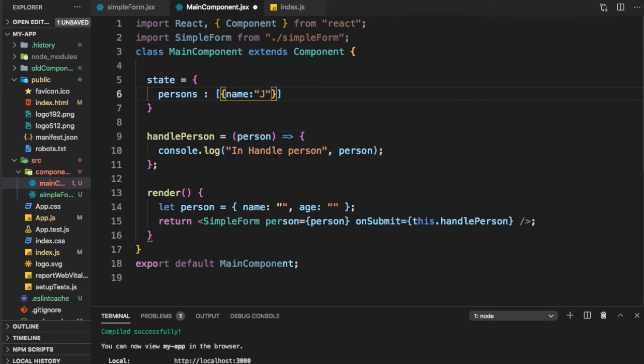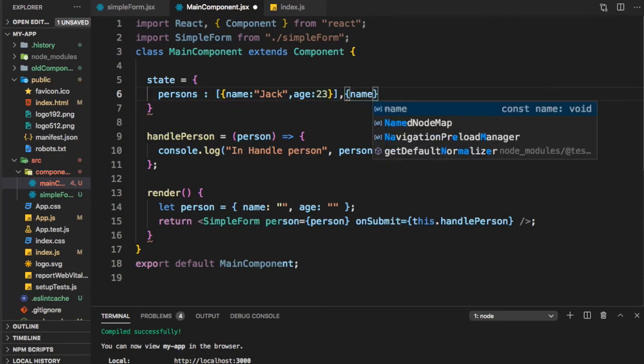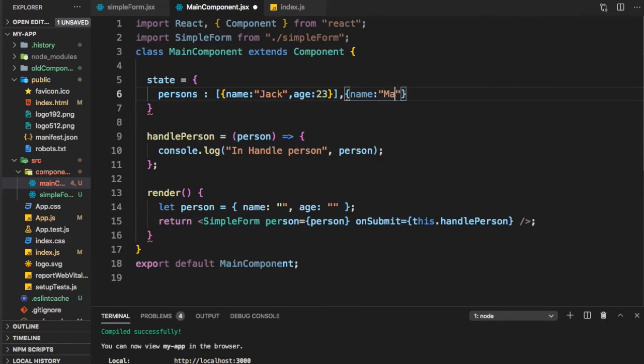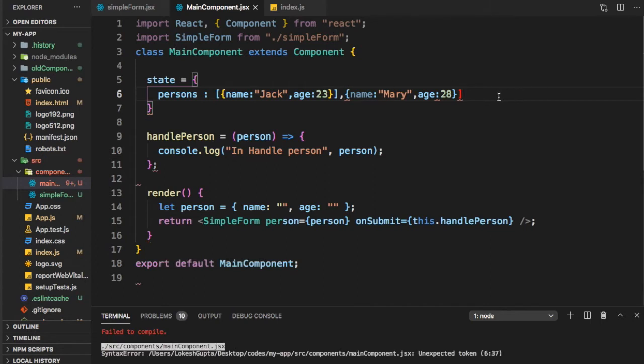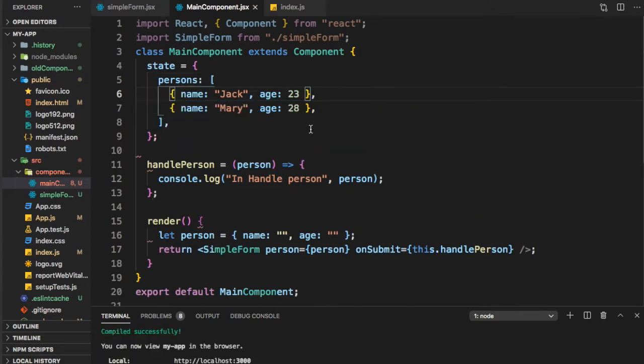Name is Jack, age is 23, name is Mary, age is 28. So we have that persons.